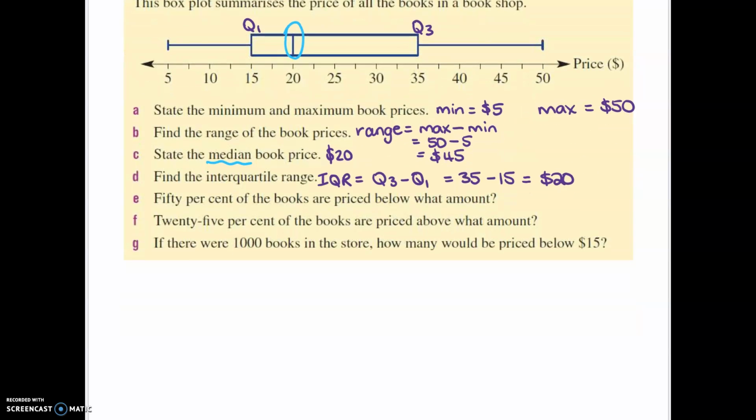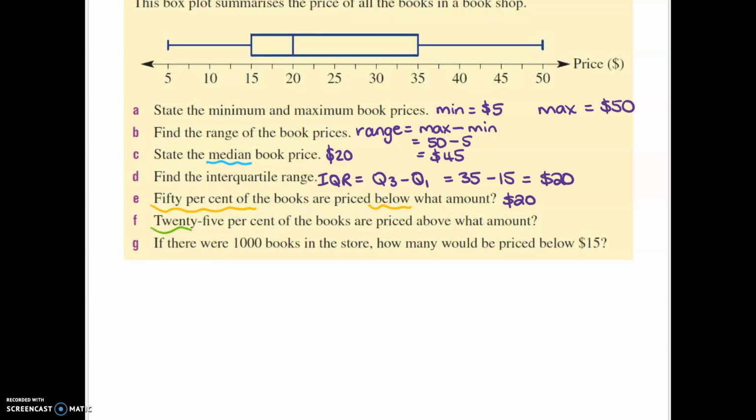It says 50% of the books are priced below what amount? So 50% of books are below something. So your median, this is the median, and you have 50% of your data beneath there. So this is 50%. So 50% of your data is below that value, and the median was $20. So half the books are cheaper than $20, and the other half of the books are dearer than $20. The next one says